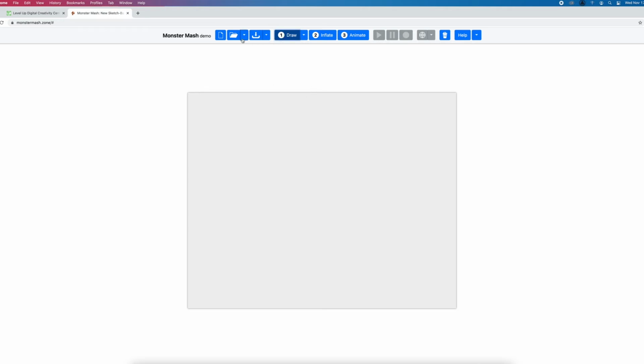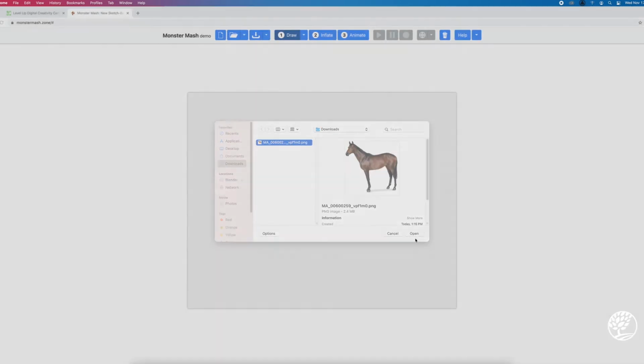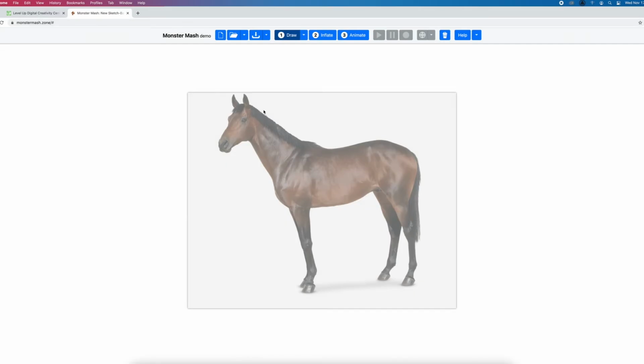And for that, I'm going to go to this import button here. I'm going to go down, not to open a project, but I'm going to open a template image. A template image is something you can draw on and create a 3D model from it. The background image would be drawing a 3D model in front of it. So I'm going to go to template, grab my horse picture that I downloaded earlier, and I can start drawing